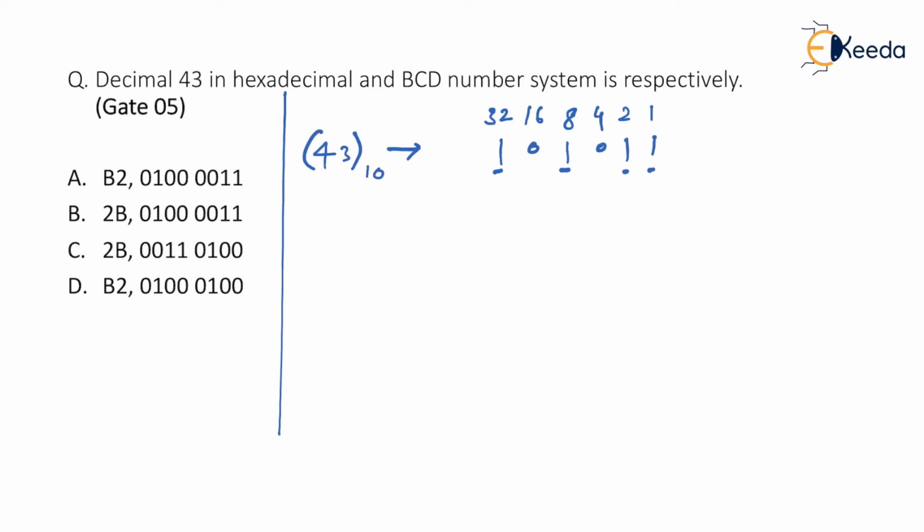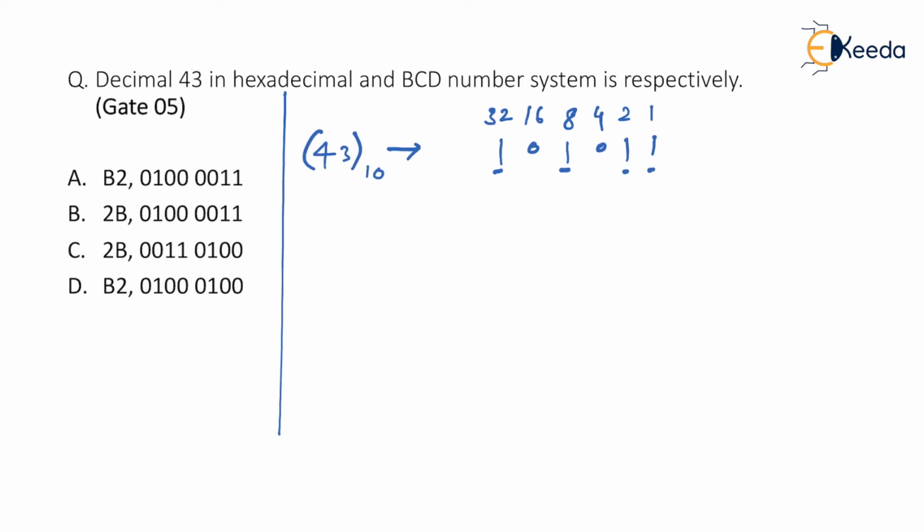This time you don't have to really worry about whether it is positive 43 or negative 43. When they don't mention, please treat the given number as an unsigned number. Please mark my words, what I said. You don't have to really worry about this MSB bit, whether it is 1 or 0, so it is quite immaterial, because if they haven't mentioned whether it is 1's complement, 2's complement or signed magnitude form, or they say whether it is a signed number, it means that they are talking about an unsigned number. And in an unsigned number, every number is positive. There is no negative number.